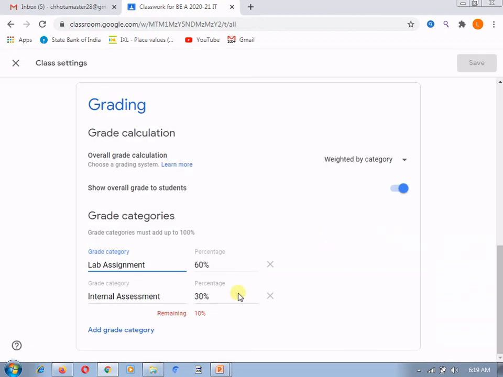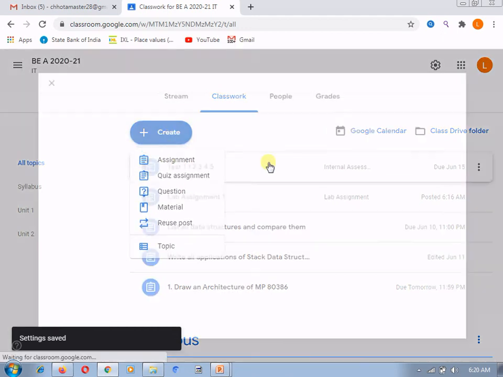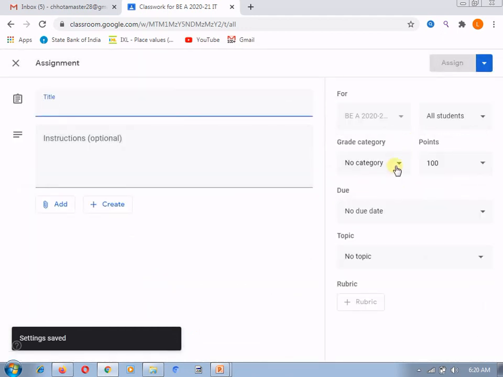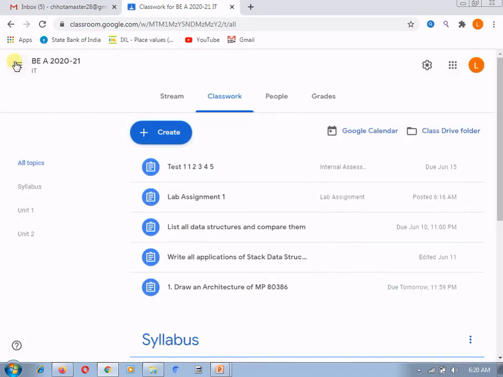After deletion it will show you again that 10% is remaining where you want to add it. Suppose I give 40% to the internal assessment, then there is nothing remaining, and only after that is this save button enabled. After saving, you can see that for the creation of any assignment only two categories are available, that is lab assignment and internal assessment. So in this way you can update the categories as well.